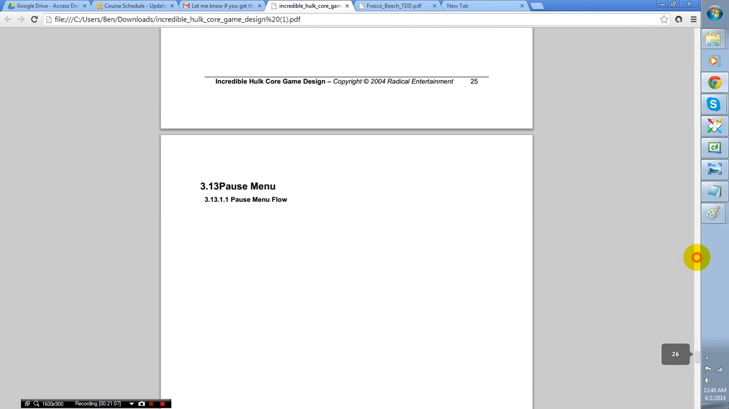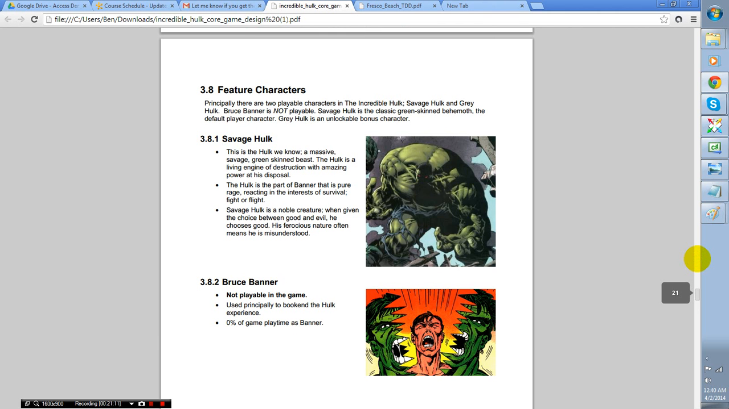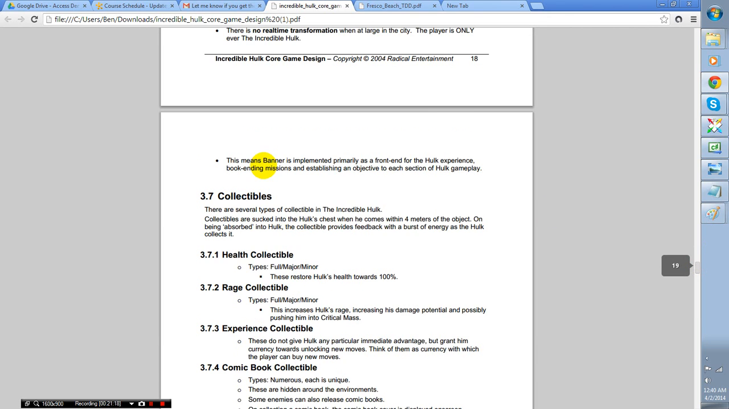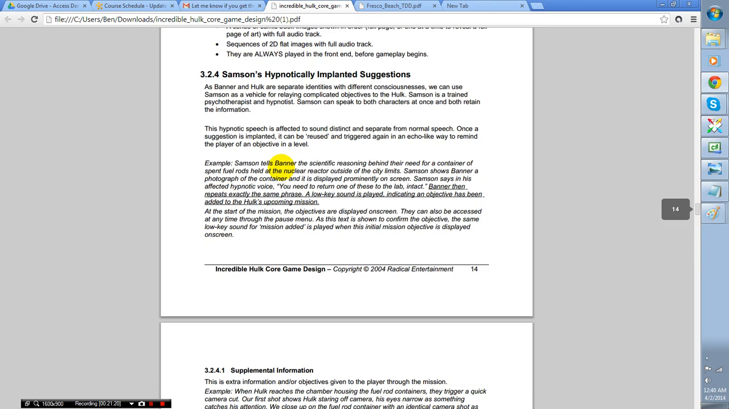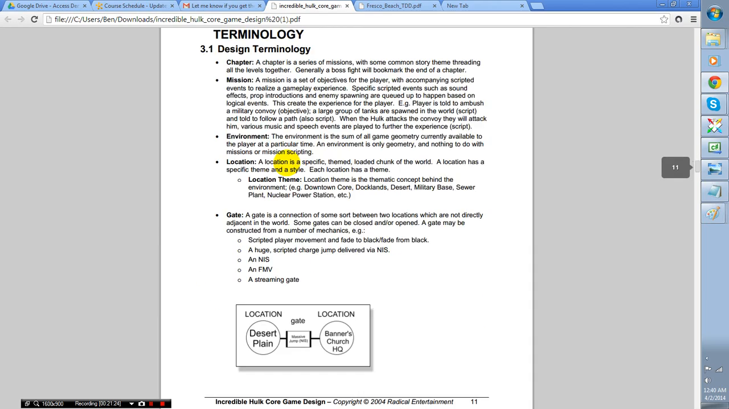Again, this is just the 40-page core game design doc. The full game design doc, the game design Bible is what some people call it, is about 320 pages, and I have excerpts of that I'm going to show as well. So this is sort of showing some of the missions,